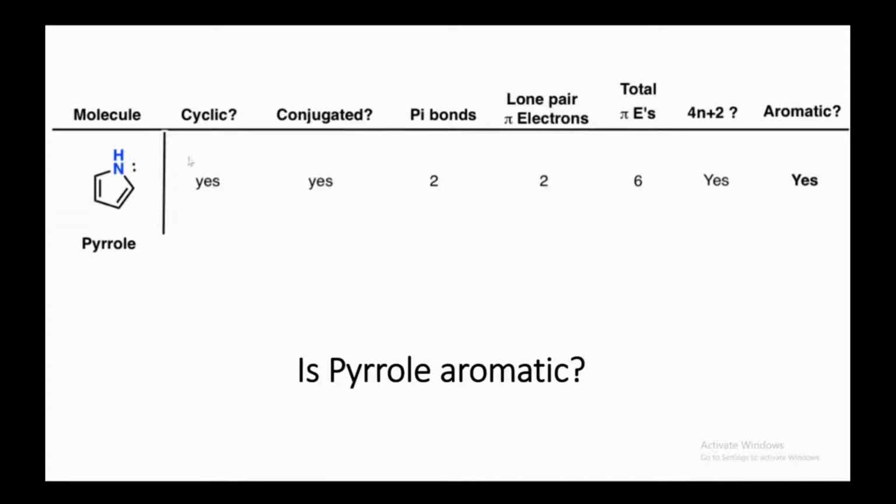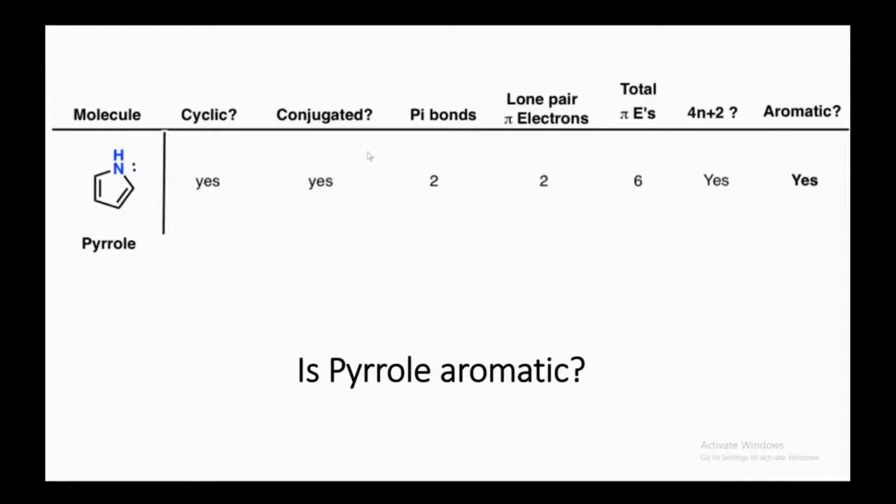There's this one and another one. Nitrogen has 2 lone pairs. This is one lone pair, and we will consider it as 2 electrons. And then we have to find out the total pi electrons, so 2 and 2 is 4, and 2 is 6, so 6 electrons. And we have to check whether or not the pyrrole ring obeys Huckel's rule, that is 4n plus 2